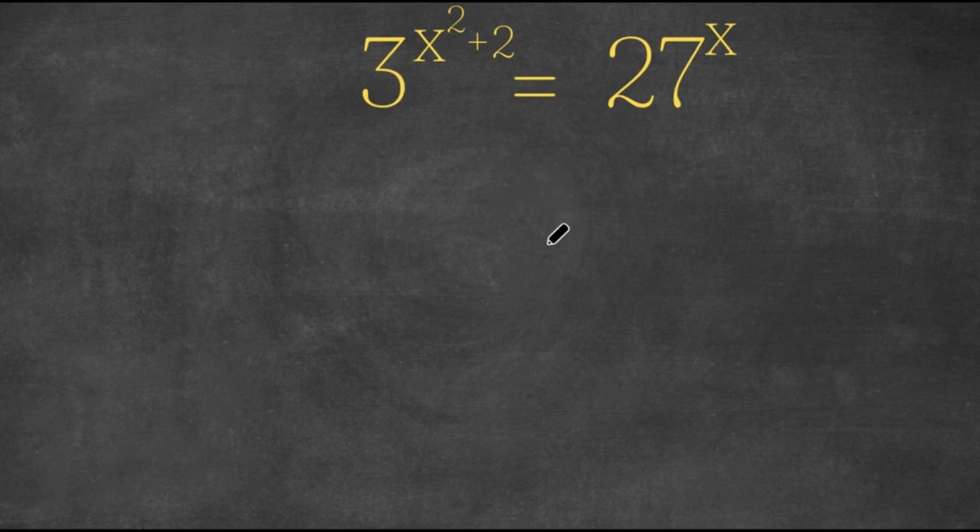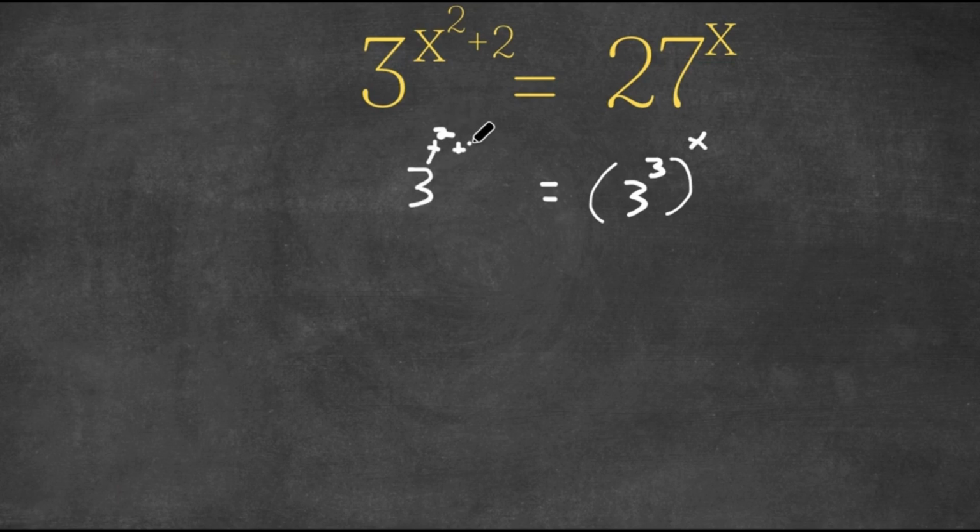In today's video, I'm going to be teaching you guys how to solve this exponential equation. So we have 3 to the power of x squared plus 2 equals 27 to the power of x. Now what I'm first going to do is replace 27 with 3 to the power of 3, because remember, 27 is 3 to the power of 3, and we are powering this with x. So we have 3 to the power of 3 to the power of x equals 3 to the power of x squared